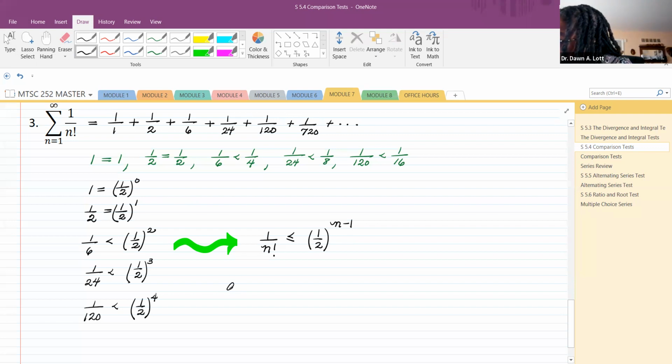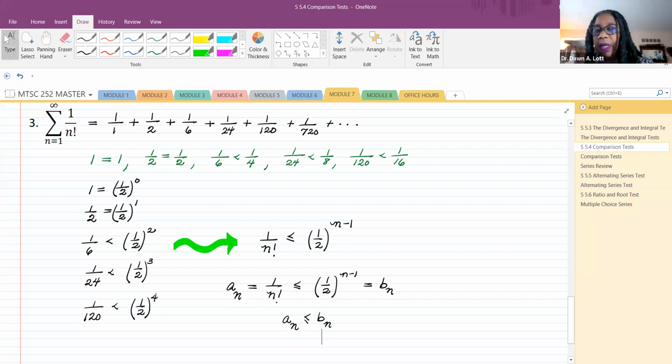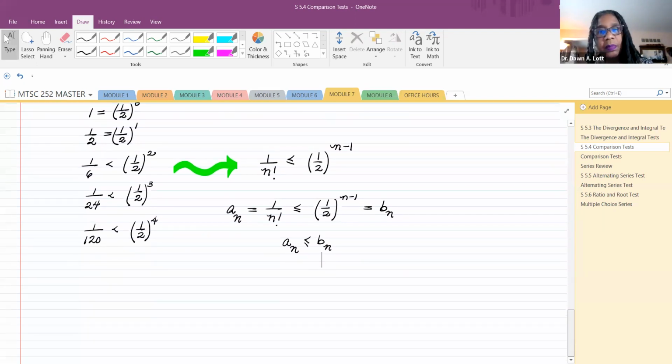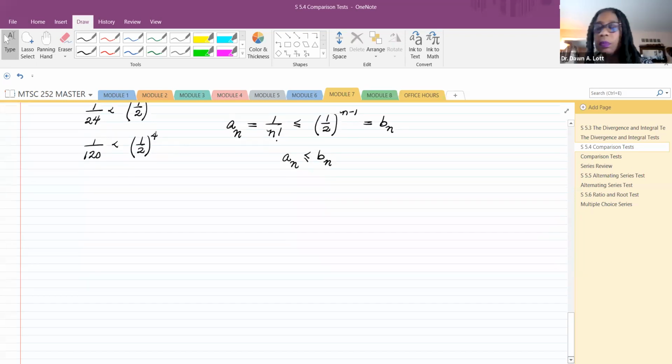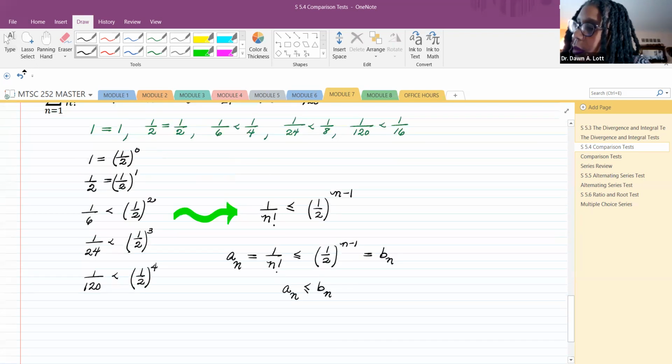So now my an is going to be 1 over n factorial, which is less than or equal to 1/2 to the n minus 1, which I'm going to let be my bn. So now I have an is less than or equal to bn, and I am happy because now that I have that,